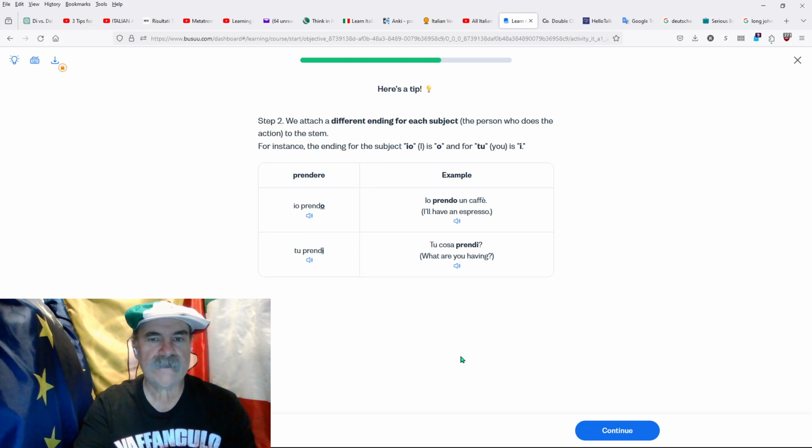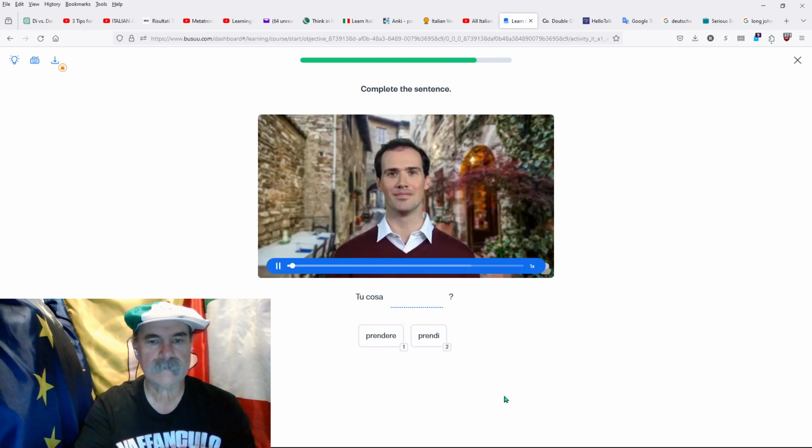Step 2, we attach a different ending for each subject, the person who does the action, to the stem. For instance, the ending for the subject io or I is o. For tu or you, it's I. Io prendo, tu prendi. Lo prendo io. Io prendo un caffè. Tu cosa prendi? Tu cosa prendi? Tu cosa